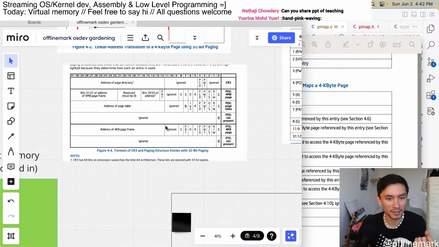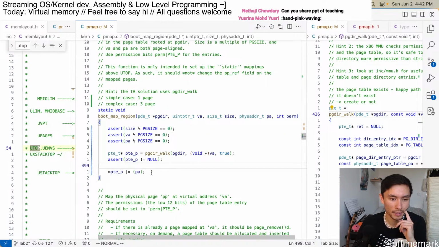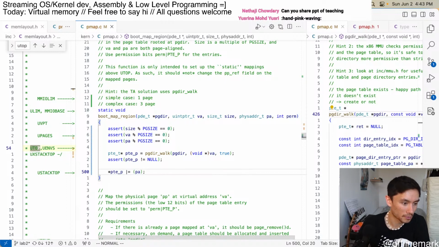It's only the frame number, because the 12 bits are reserved for the offset. So, yep. Since we've already verified that the low 12 bits are 0,